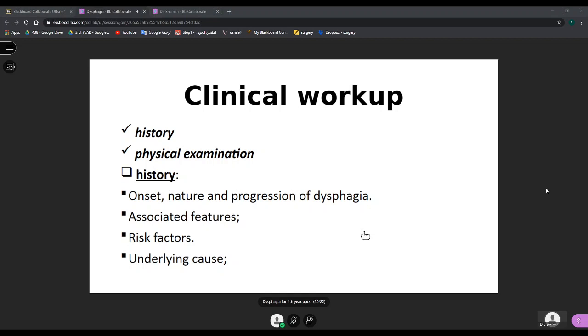So now I have talked about the clinical features of the most important causes of dysphagia, whether esophageal or pharyngeal. I will just finish by summarizing how you approach the patient clinically. Clinical evaluation involves two parts: history and physical examination. Regarding the history, first of all,